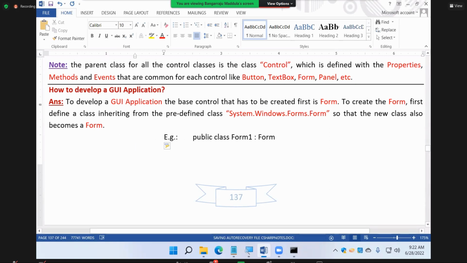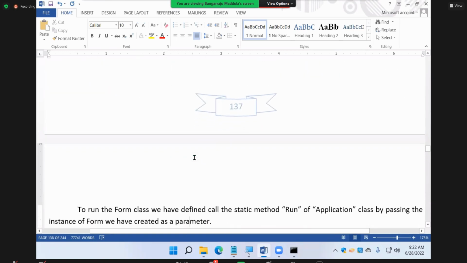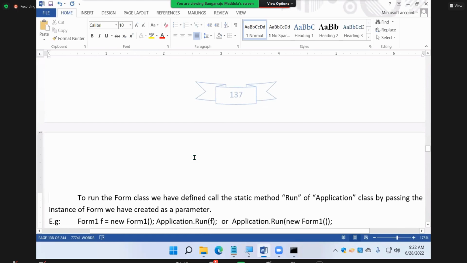Public class form1 : form. What next? The next step, guys, the next thing you're required to do is